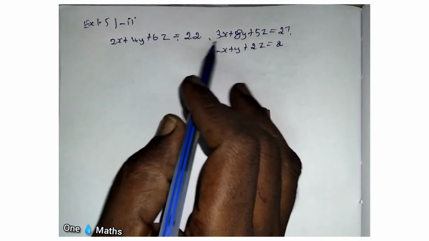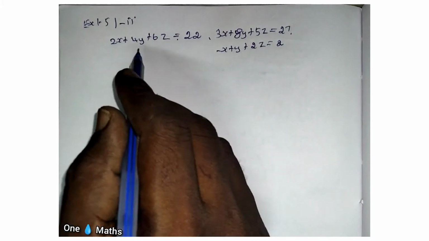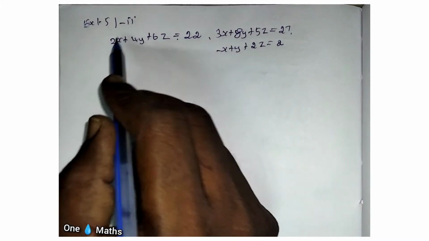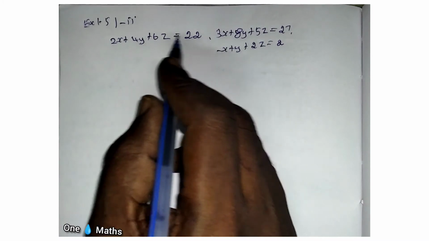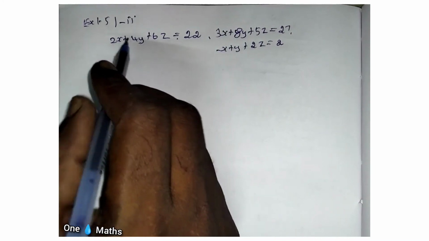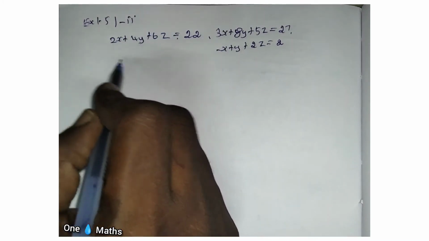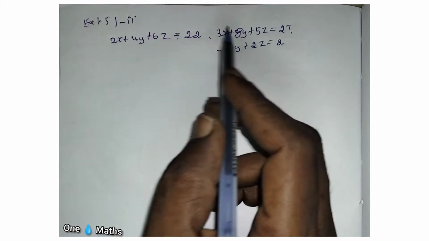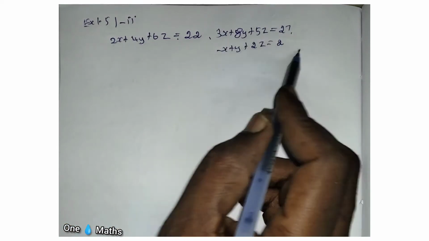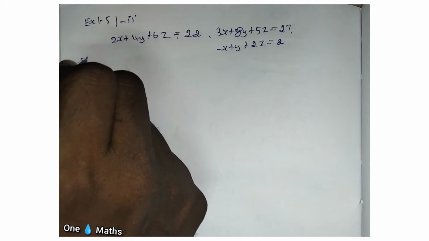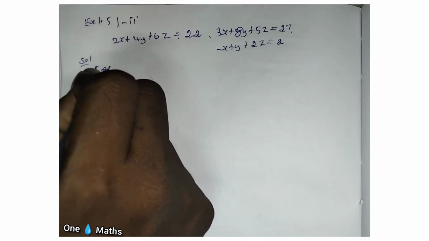I'm going to solve the linear equations by the elimination method. There are three linear equations in terms of x, y, z. So we take a matrix A, comma B. A represents the coefficients of x, y, z. B represents the constant terms after the equal sign. So with the help of the linear equations, frame the matrices A and B.